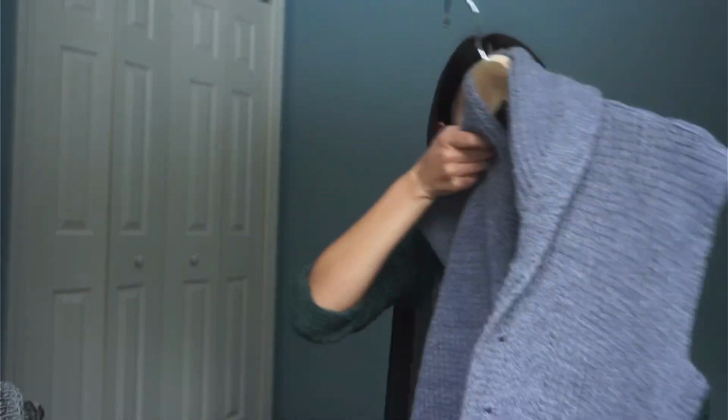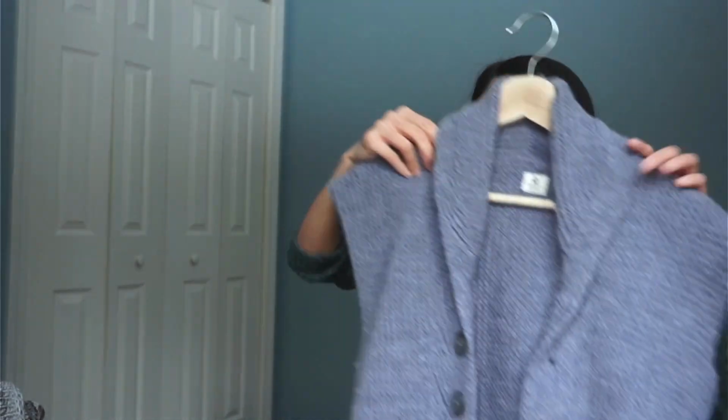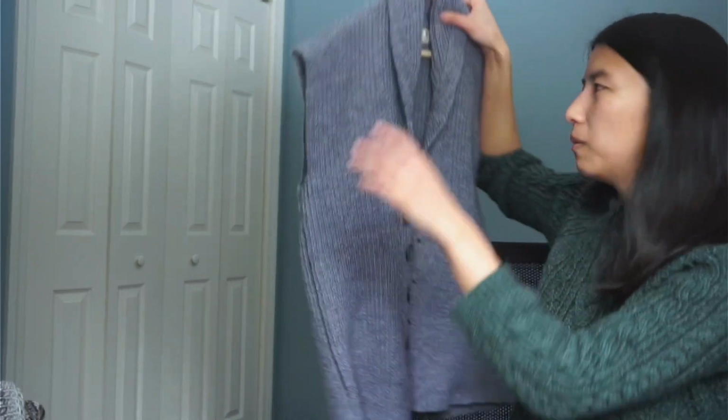I'll put it down because it's kind of heavy. Maybe I'll put it here. No. I'll just hold it. Anyways, I made this vest for Christmas, obviously. And I remember I was talking to my mom one day and I was telling her